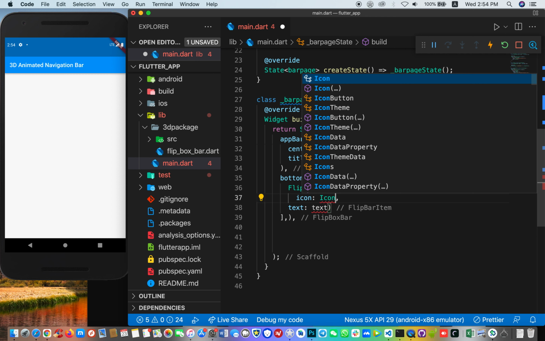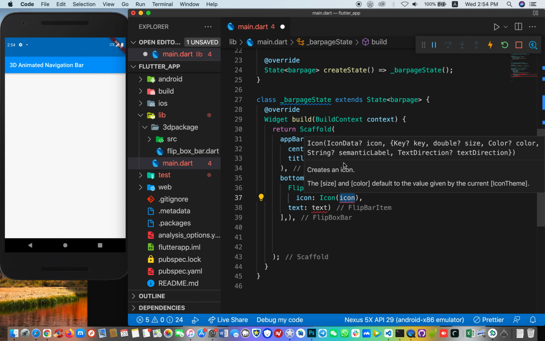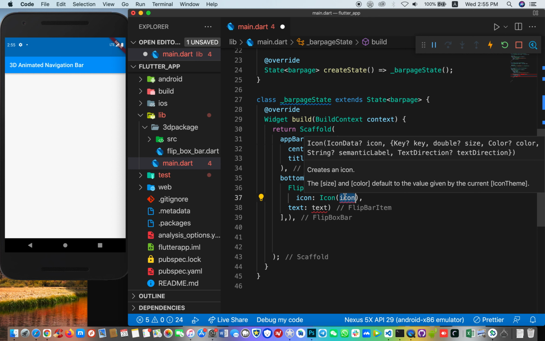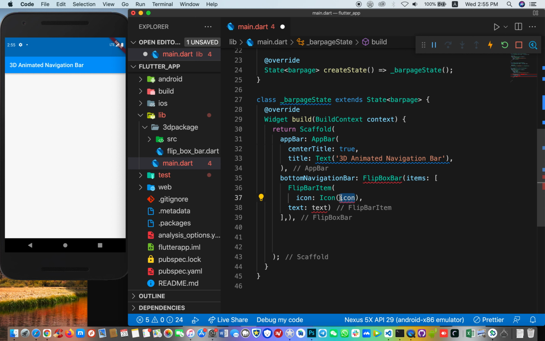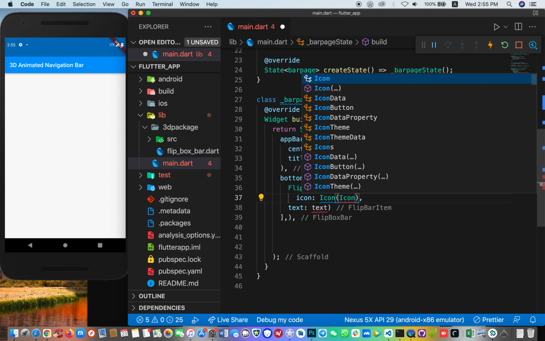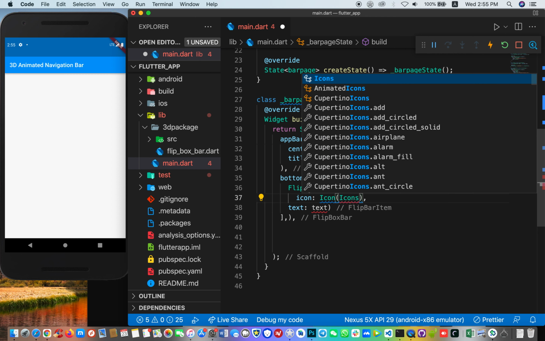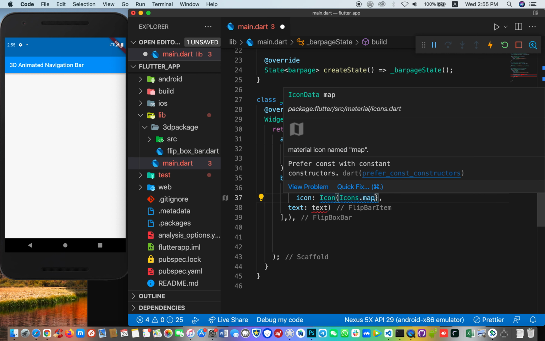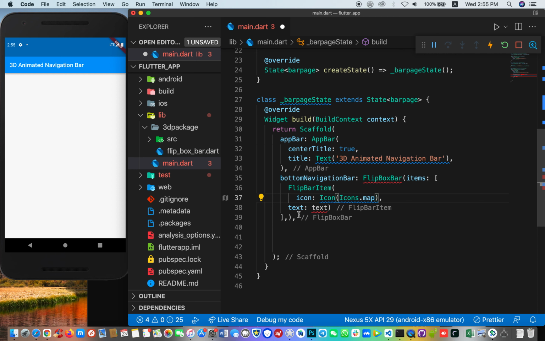You can add icon, image, or whatever, but for this project we are going to use the icon widget here. So I call the icon, and let's use Icons dot map. We are using the map icon for this,